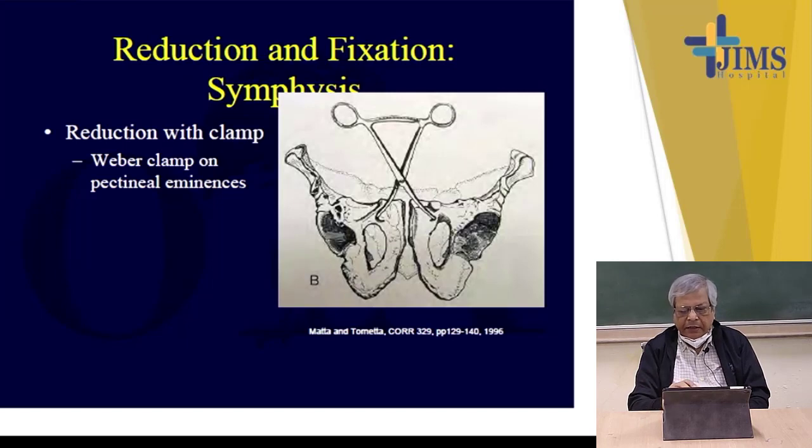While fixing through the anterior approach, this is the symphysis pubis. It was disrupted like this. So this Weber clamp is used to reduce it. Then you put a plate over the top here or maybe anteriorly. You can place only 2 to 3 screws on each side. Closer. This is a huge clamp called the Jungbluth clamp, by which you reduce this, then you put a plate on top. This is the usual thing to do, put a plate on top. These are the screws, and only this is